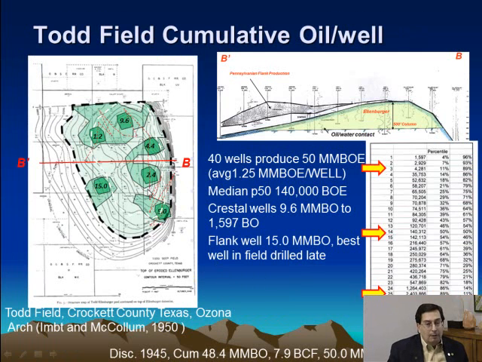A great example of reservoir variability is in a 50 million barrel field on the Ozona platform, Todd Field, and there are 40 wells. Once again, the straight average would suggest that it's about 1.25 million barrels of oil per well. But the reality is you don't get average wells in a field like this. What you get are a few very good wells and a lot of not so good wells, and the sequence of which well comes first can have a very big impact on the development history of a field, or potentially the possibility of overlooking a field.